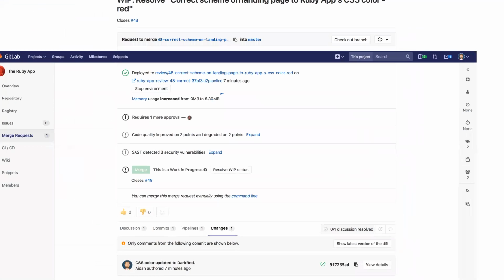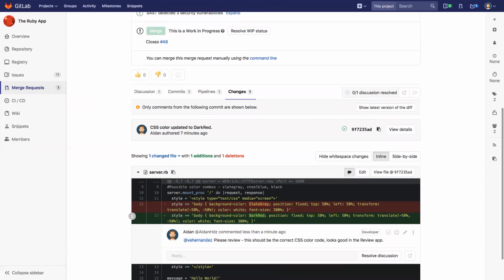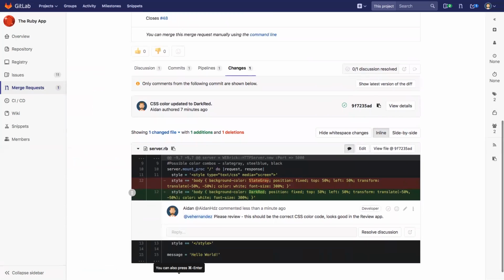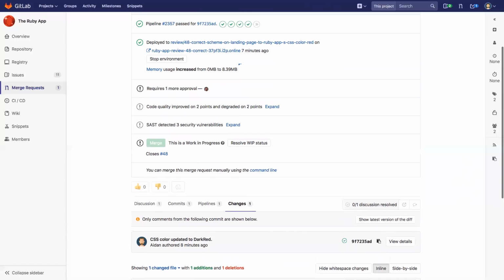And because he is one of our approvers as well, he needs to go through that code review and resolve that discussion, resolve that conversation before we can move on with the fix. There's something that I noticed here as well. And I pointed out a couple of our automated tests in that GitLab configuration file. Notice that on the merge request, because we are running those checks with each and every commit,